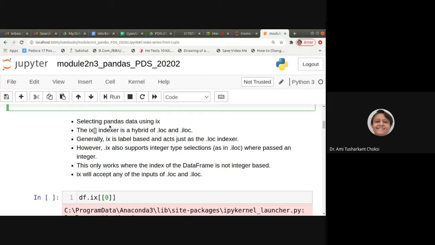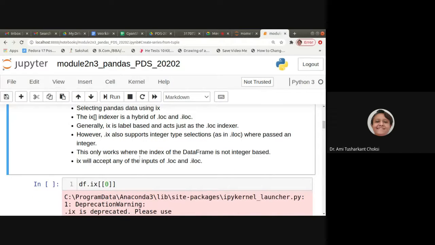Now, selecting pandas data using IX. The IX indexer is a hybrid of LOC and ILOC. That is known to us, right? Generally, IX is label based and acts as the .loc indexer. However, it supports integer type selection also, as we have for .iloc, right?